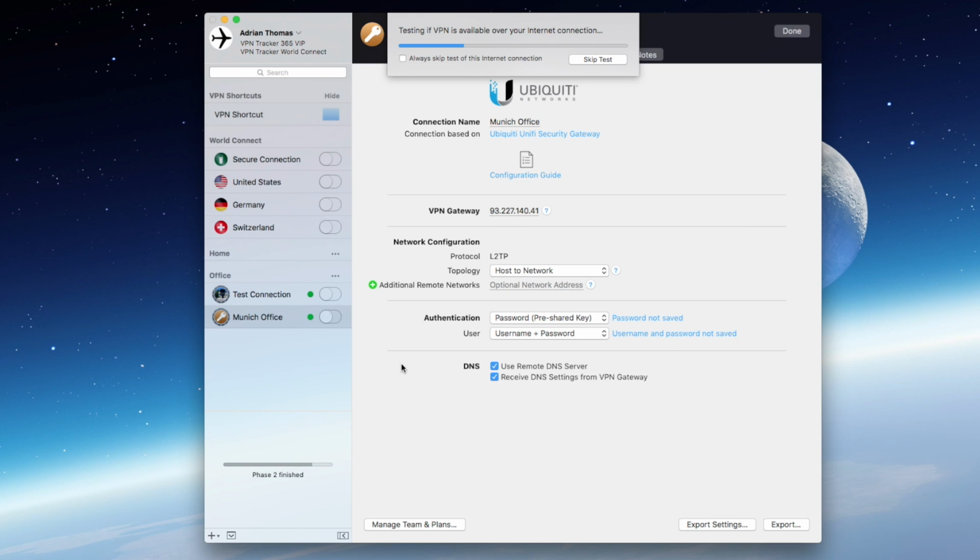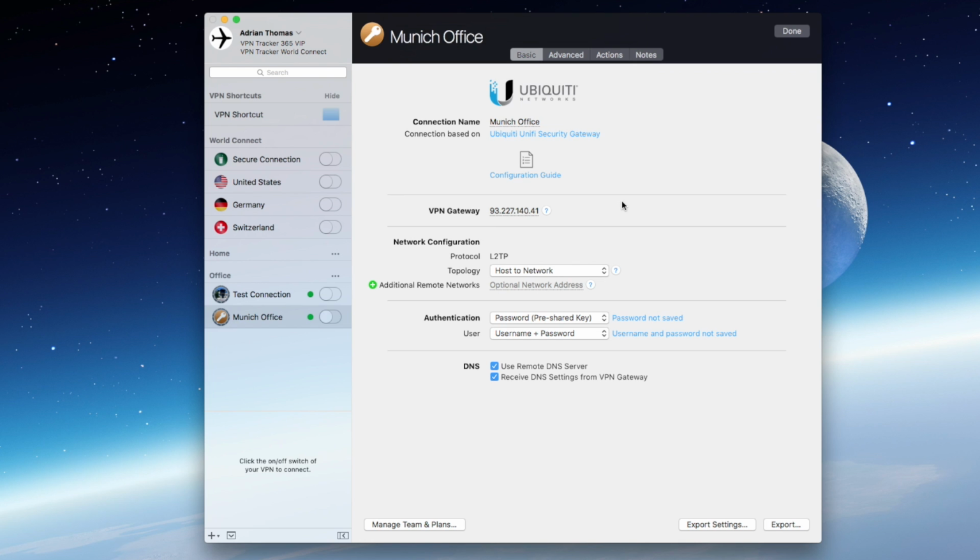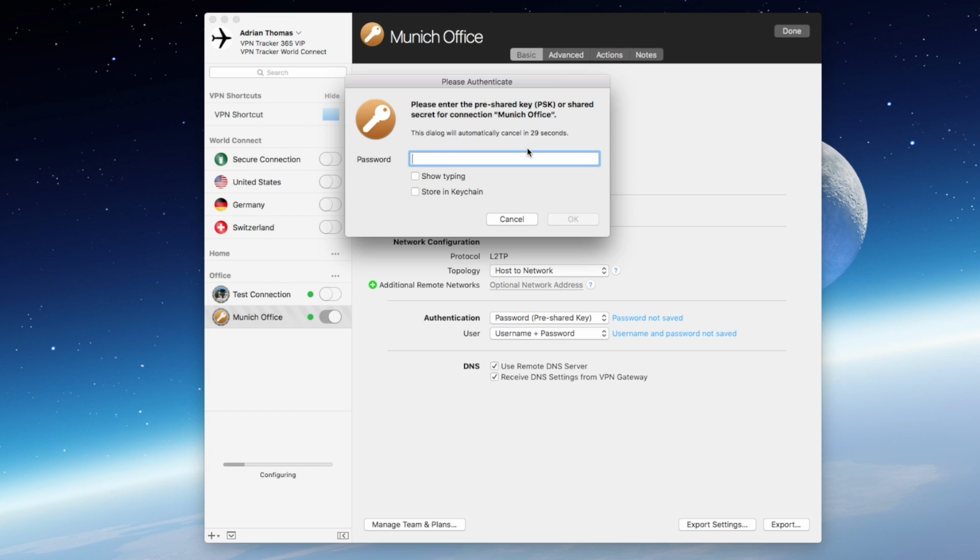VPN Tracker runs a quick test, so it does this automatically just to figure out, do I need any specific settings to make a connection work over this internet connection? It's really handy for hotels and stuff as well because VPN Tracker will do a lot of the figuring out for you. Okay, so it's figured all the things out it needs to, and now it's going to ask us